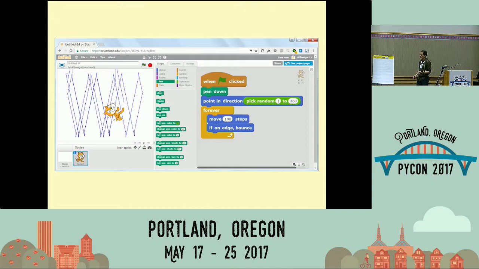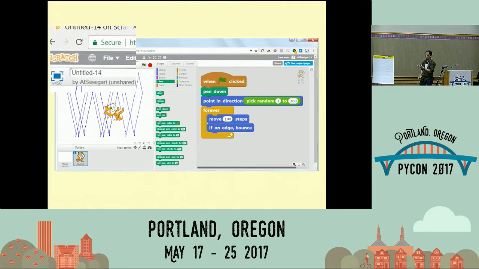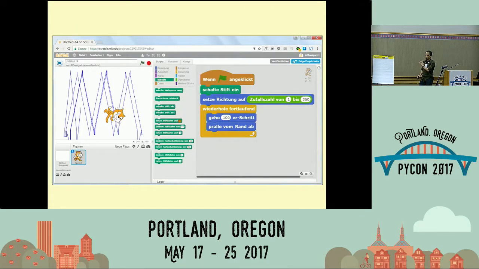So let's go back to Scratch. Scratch has this really weird feature. On the menu bar, there's a little globe icon, and when you click on that, it opens up dozens of different languages. And when you choose one of them, the entire user interface instantly changes. The editor changes, all of the code blocks, which are basically Scratch's keywords, all of that changes.